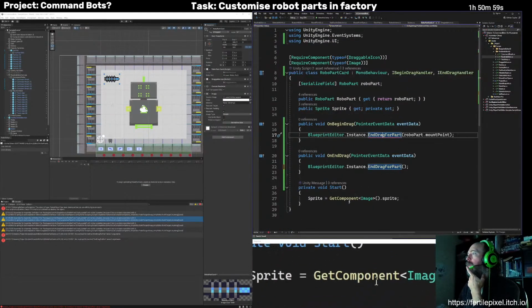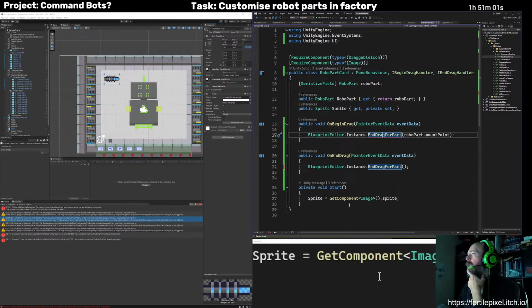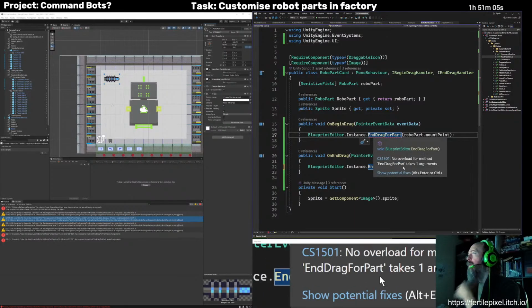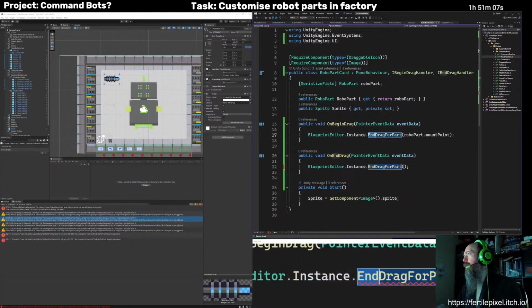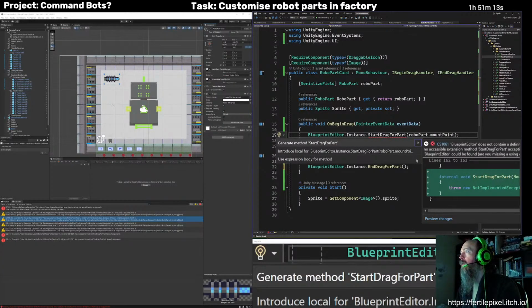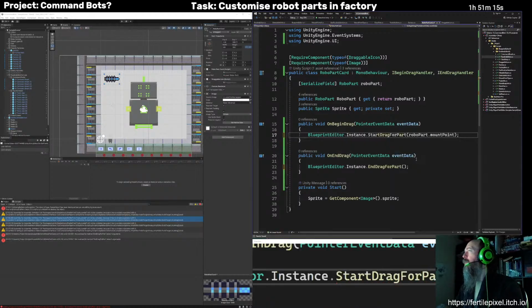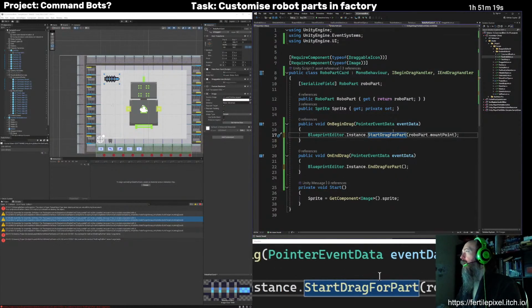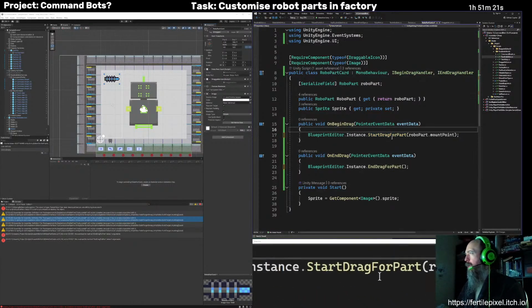RoboPart card. Wait, I've renamed that. I think I selected the wrong option in the thing, or did I just copy paste that? Anyway, now we'll need that one.